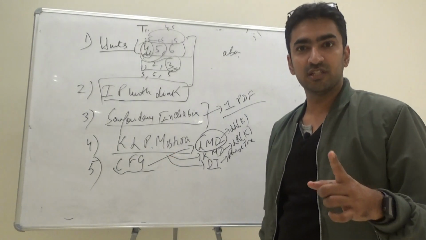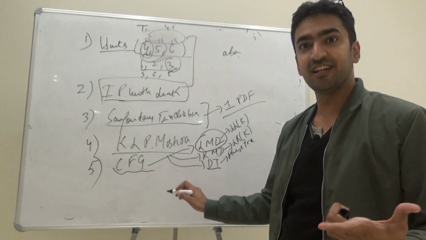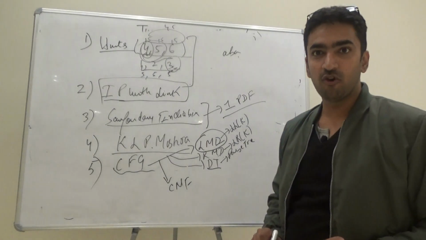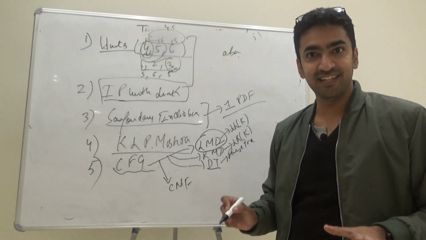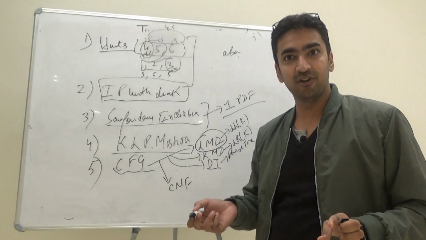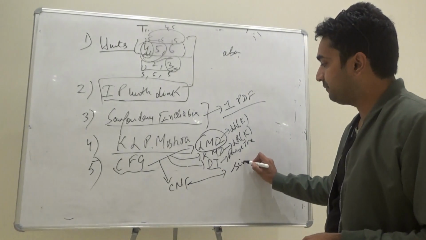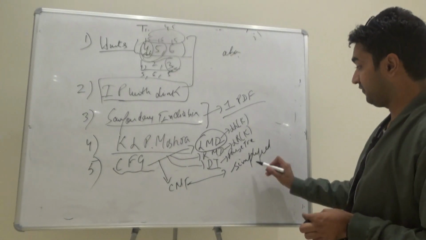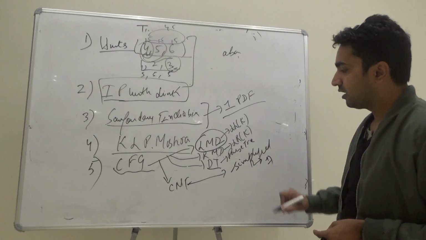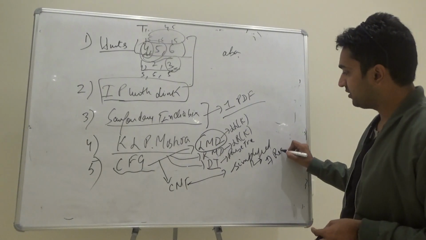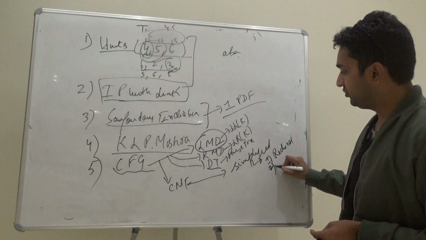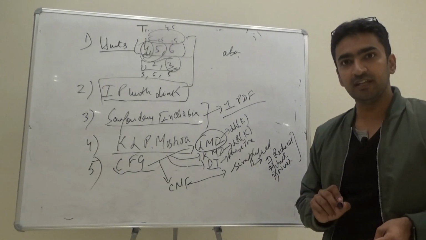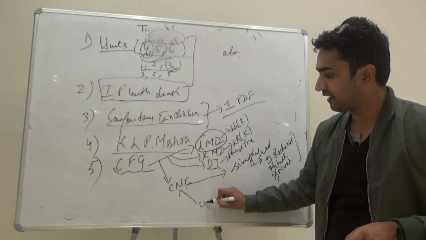Because you have just studied context free grammar, there are some topics like CNF, which is Chomsky normal form. Chomsky normal form is all dependent on simplified grammar. Simplified grammar can only be achieved if, first, the grammar is a reduced grammar. Then it should be free of unit productions and null productions, and then CNF is made. If CNF is made, GNF is there.